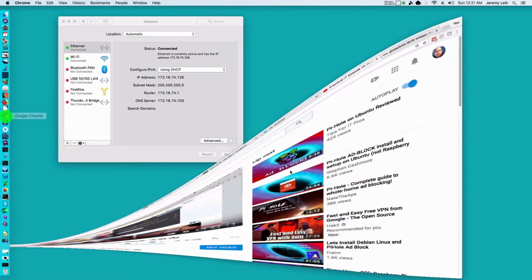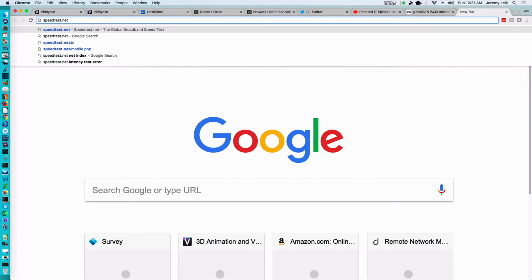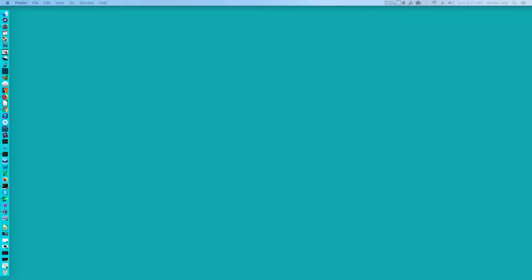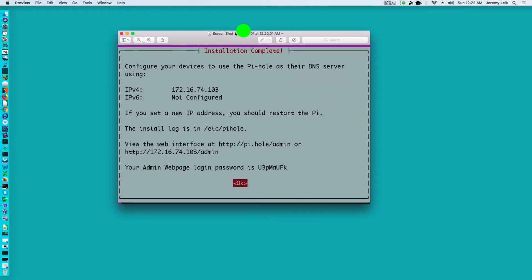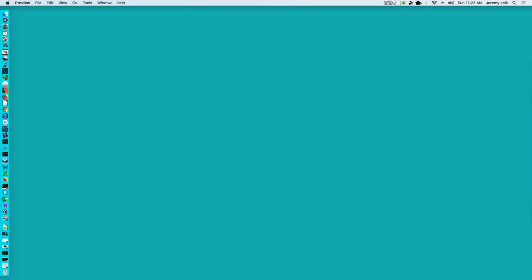And so if we come back to Chrome, one page I know has ads on it is speedtest.net. And as you can see, there are no ads on either side. So we'll bring back Chrome again,